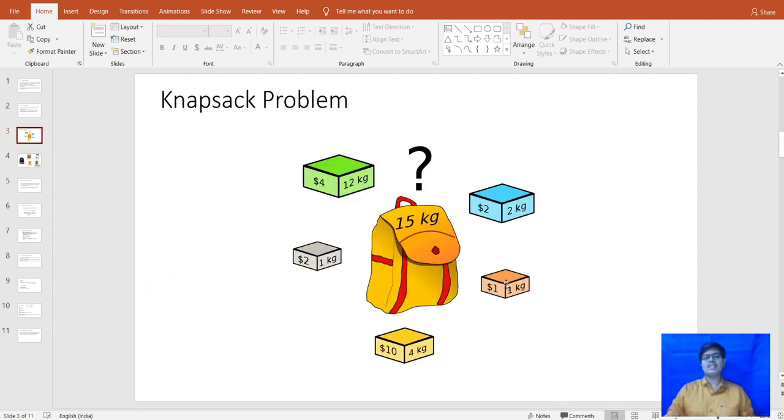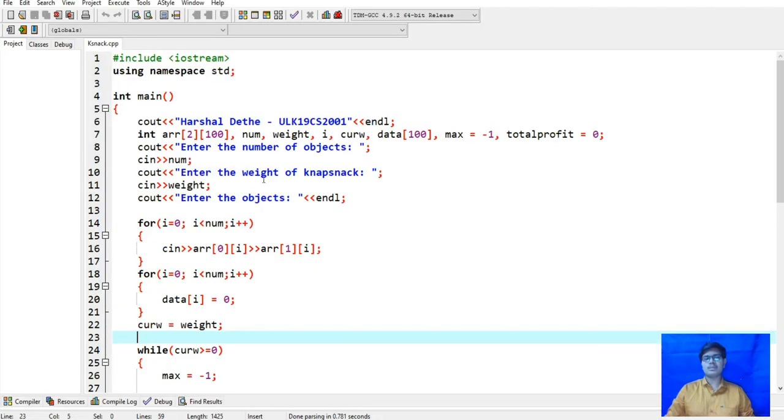If it is 15, then it will check which has the maximum profit, divide that, and if it fits in that bag, it will fit it and print the maximum profit which is earned from that.